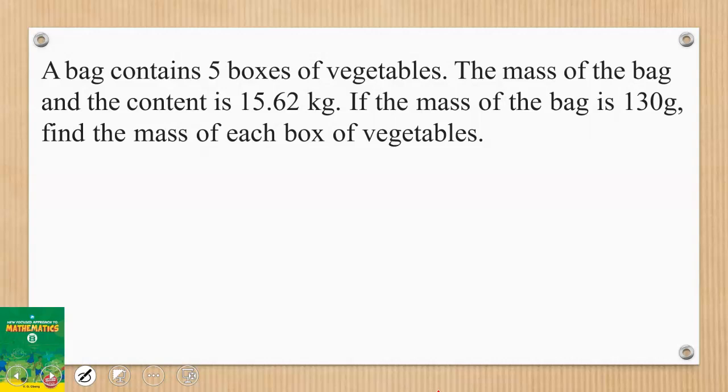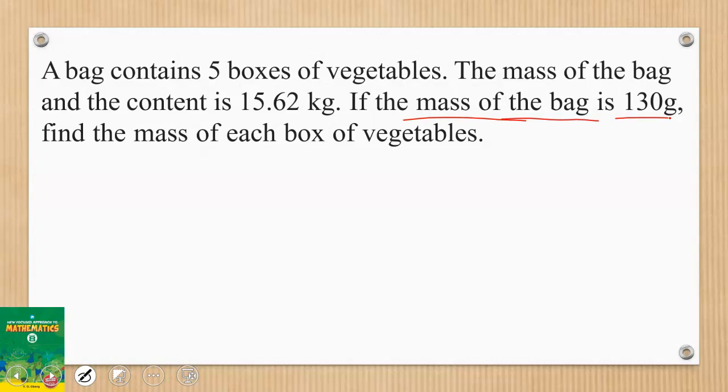Right. So let's analyze the question critically. A bag contains 5 boxes of vegetables. Okay, so the bag, very huge one. There are boxes of vegetables inside the bag, 5 of them. The mass of the bag and the content, everything, is 15.62 kg. If the mass of the bag alone is 130 grams, they want to find the mass of each box